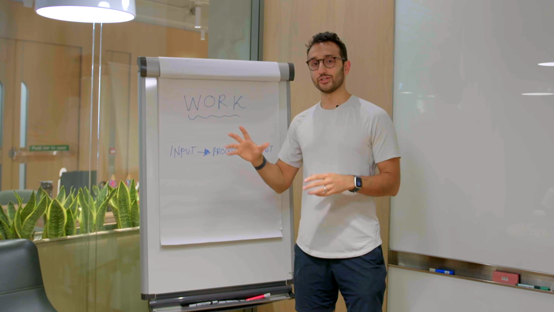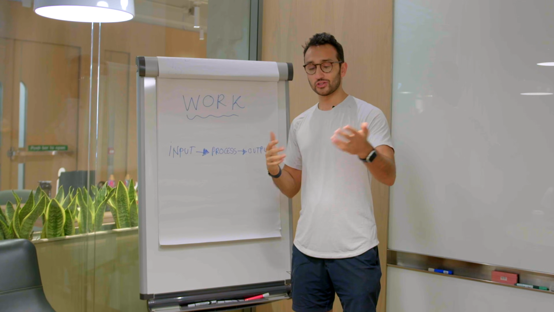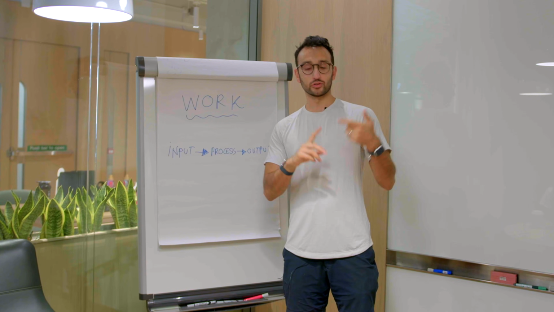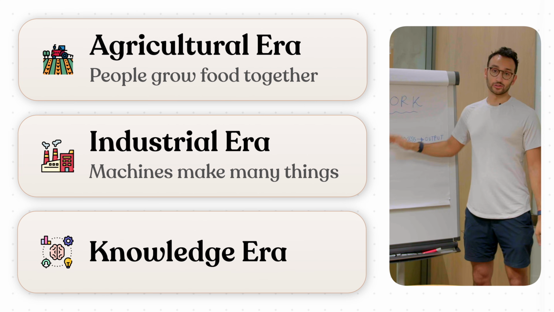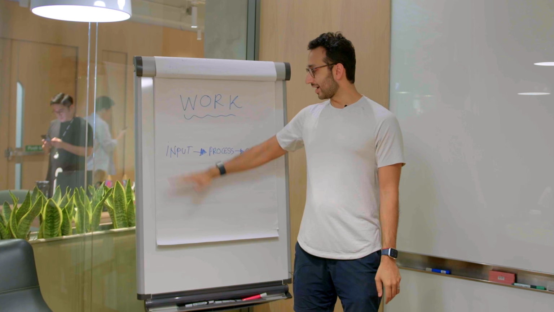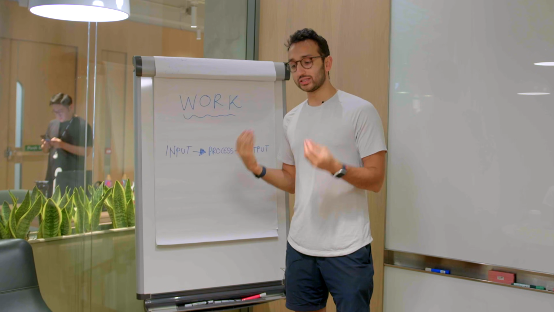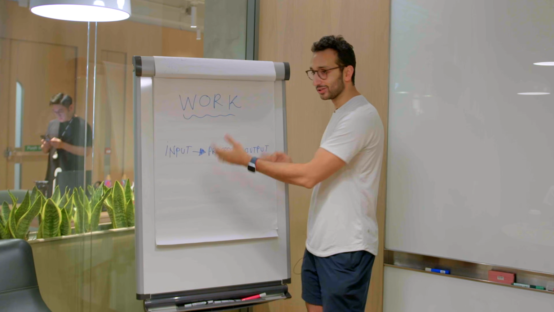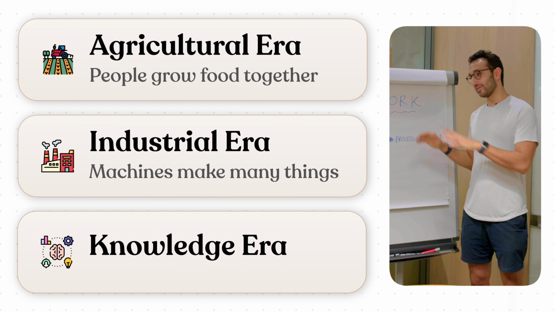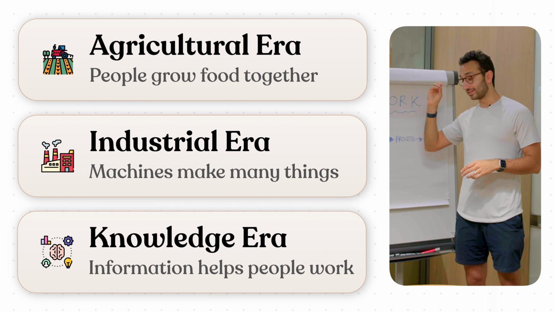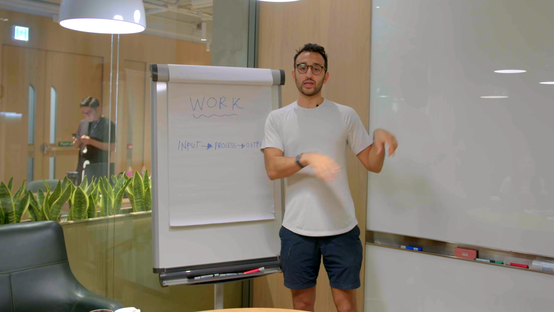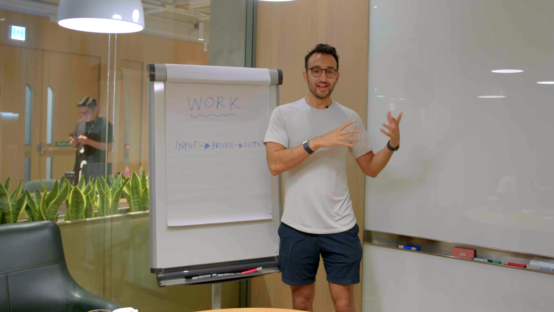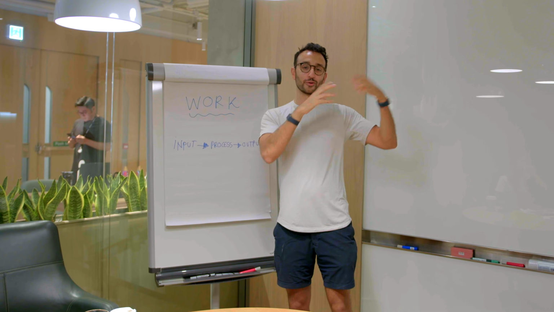But over the last 75 years or so, if you're watching this, you are probably not a farmer and you're probably not a woodworker, or you probably don't work in a factory. You probably do some kind of knowledge work, which is still work in the sense of input becomes processed, becomes output. But now instead of it being physical real life stuff that we're taking as inputs and turning into outputs, for the most part, we've got a new kind of system whereby the inputs are ideas from our brains and maybe data and ones and zeros on a computer. The processing is that we are using our brain and our skills to type away keys on a computer, probably. And the output is also some kind of digital thing. But still, the output has more value than the input, and therefore we're able to charge money for the thing.